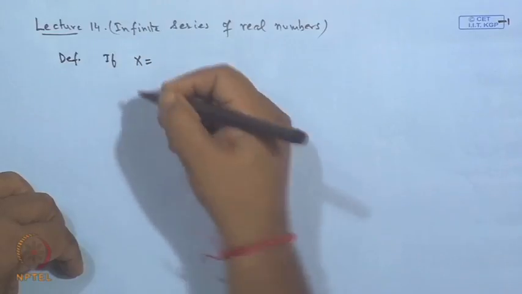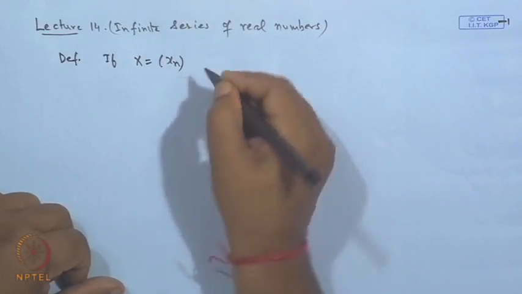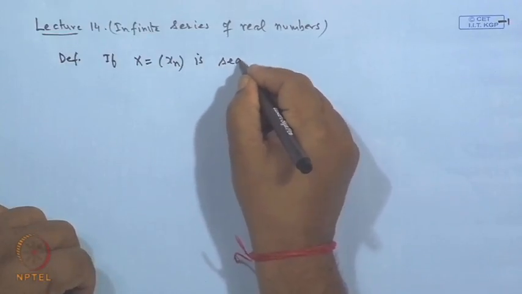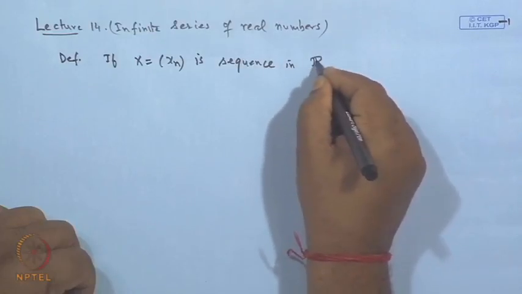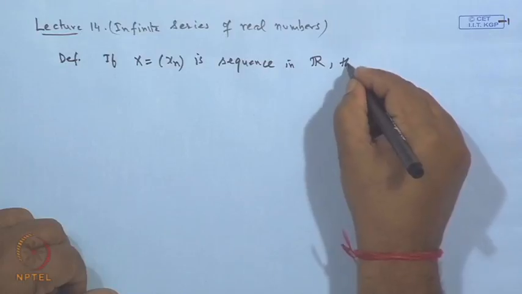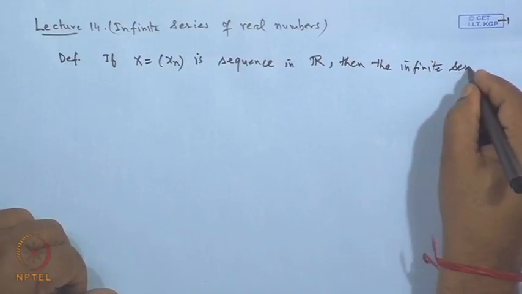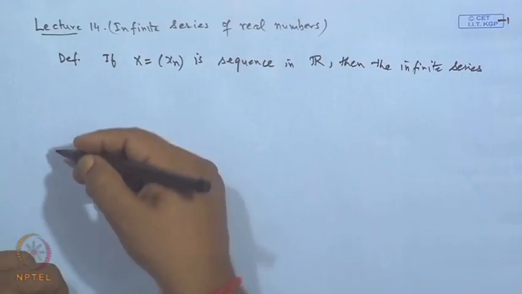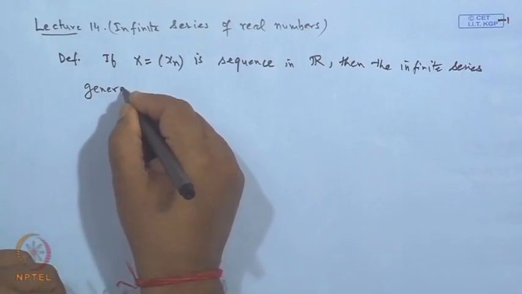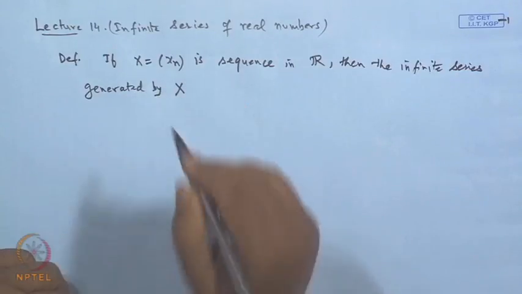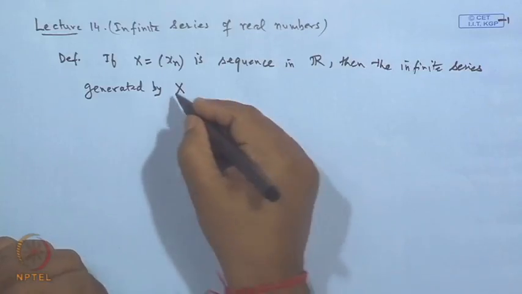But that is not an authentic way of defining a series, because it does not show whether the limit is convergent or divergent. So, we define the series as follows: if x n is a sequence of real numbers, a sequence in R, meaning the set of real numbers, then the infinite series generated by x is this: the terms sequence x n is the sequence